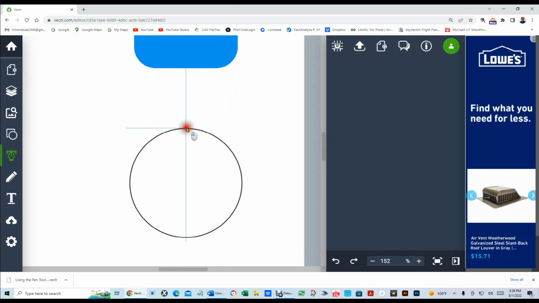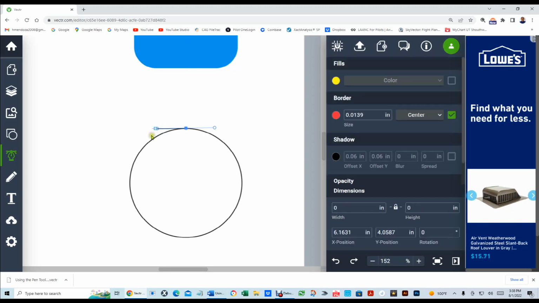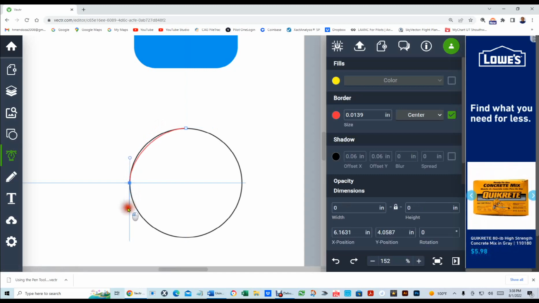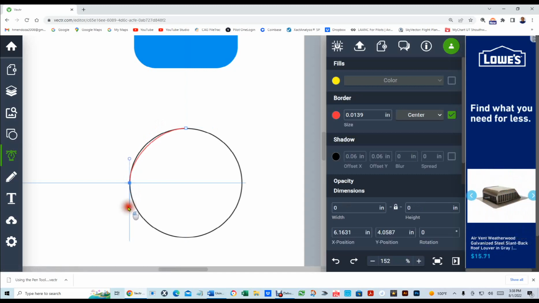This time, I'm only going to go like a third of the way of that line that you see at the left, okay? And then I'm going to release. Now that was a little crooked, but then I'm going to go get the center of it. I'm going to click and drag and go about a quarter of the way. And we can always change this line later, okay? So I'm going to release it, go to the center again, left click, straighten it up, go about a third of the way,